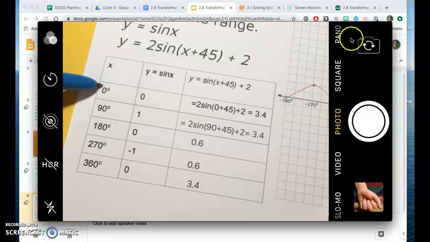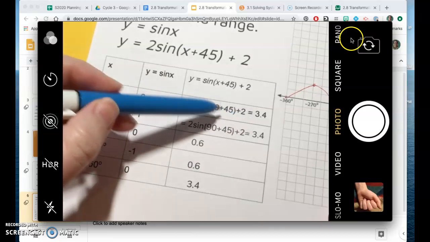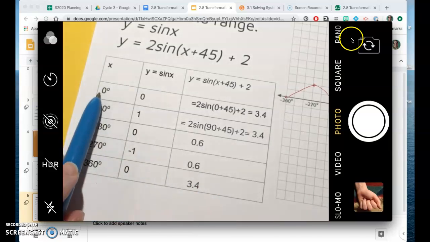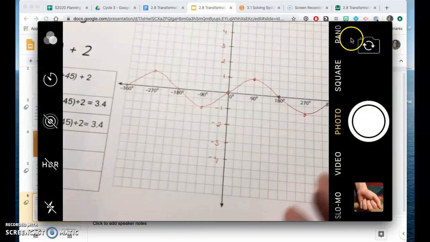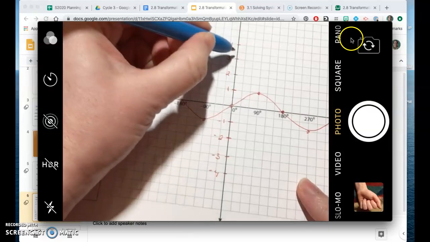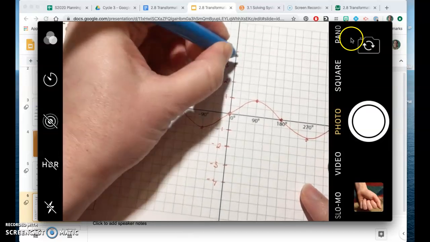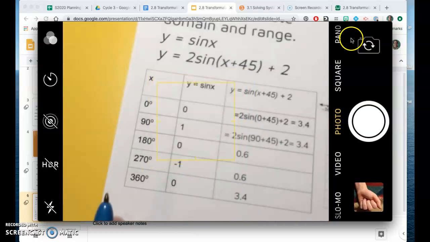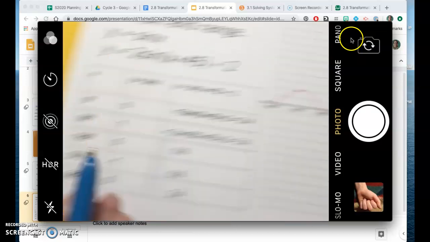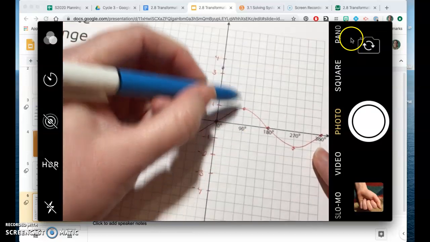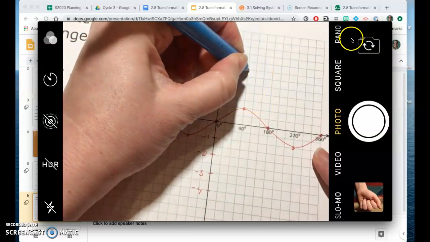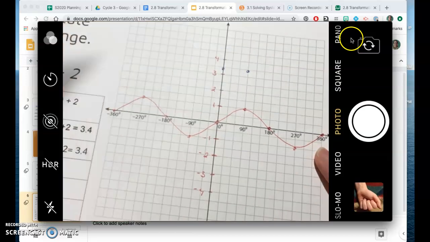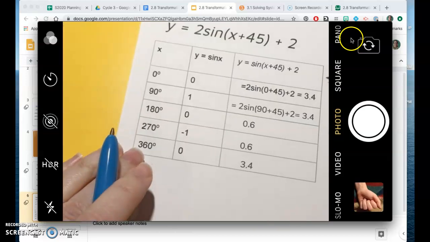Okay, and now we're going to do the same thing for our other one. So again, we're going to have the same points, but this time we're going to have our different y values. So at 0, it's going to be 3.4. So 0, 3, that's 3.5 there, so it's going to be fairly close. I'm going to do this in a different color. At 90, it's 3.4 again. So 90 is 3.4, which probably means that this is going to be the top of the curve, right? At 180,